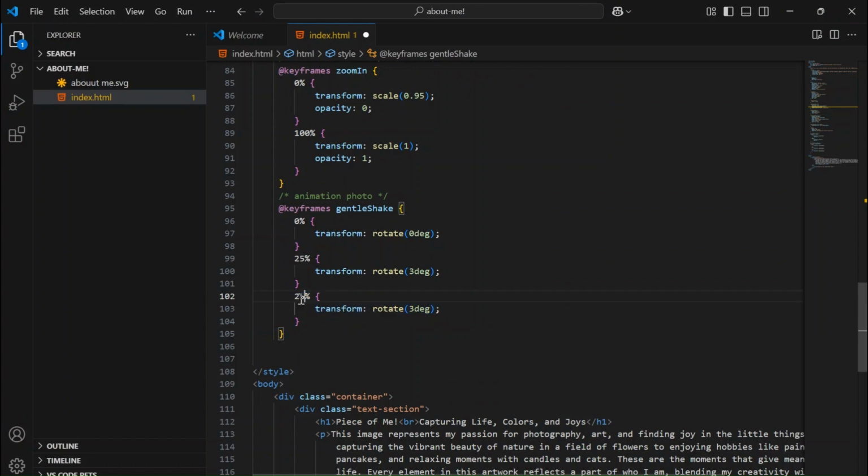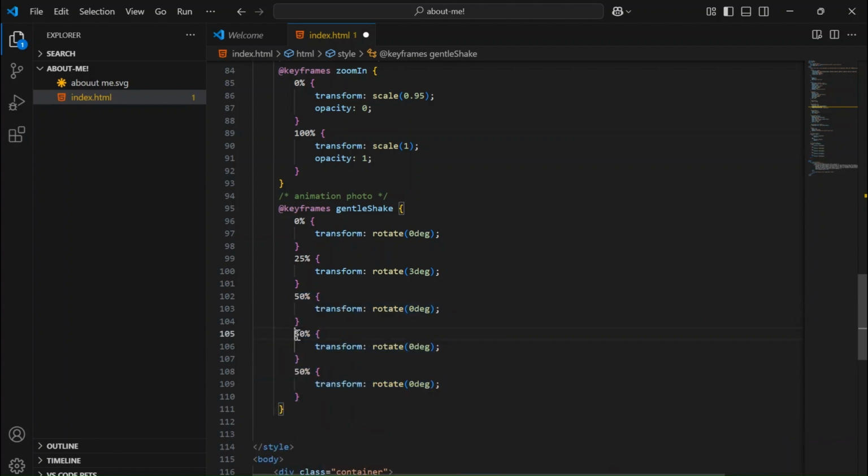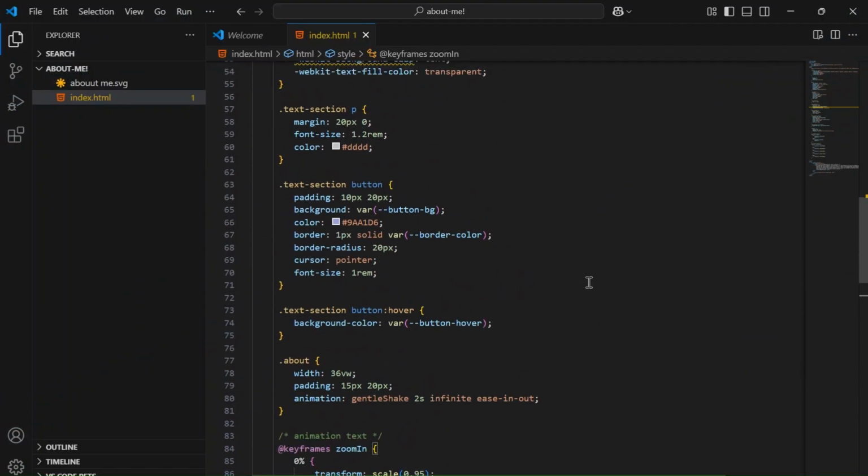You copy it and divide it into 5 parts. The first is 0%, the second is 25%, the third is 50%, the fourth is 75%, and the last is 100%. And we have finished making the animation.